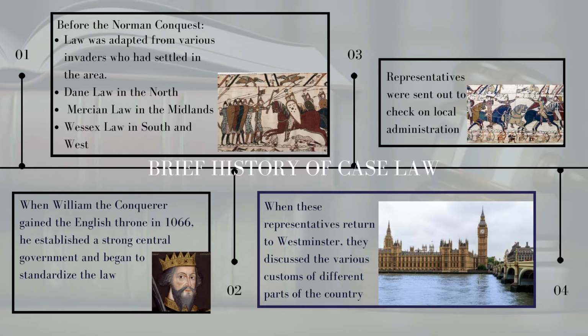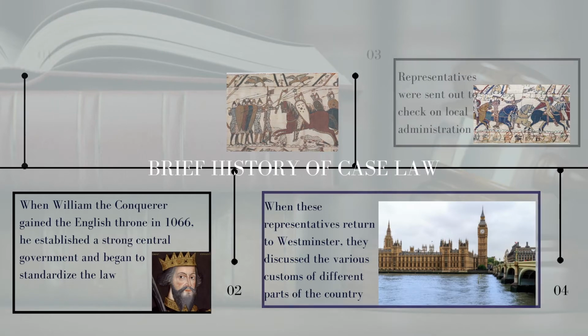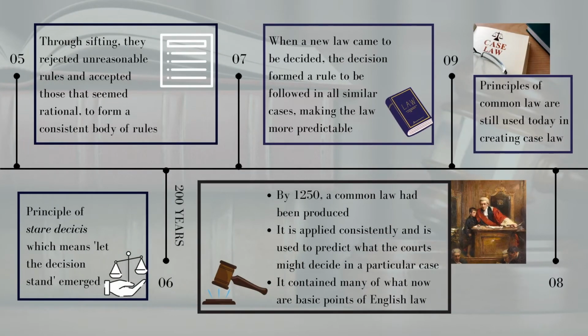When William the Conqueror gained the English throne in the year 1066, he established a strong central government and began to standardize the law. Representatives were sent out to the countryside to check local administration, and they were given the job of adjudicating in local disputes. When these representatives, also known as itinerant justices, returned to Westminster, they discussed the various customs of different parts of the country. Through a process of sifting, they rejected unreasonable rules and accepted those that seemed rational to form a consistent body